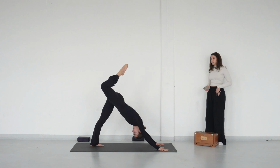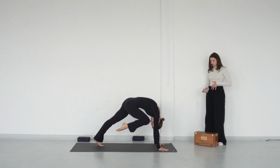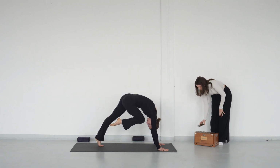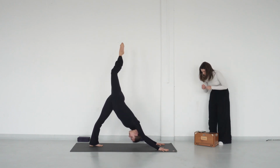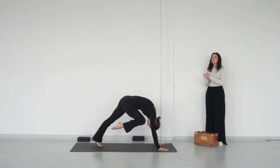After the 3rd one, extend the leg high up, breathe in. Knee to nose, exhale, engage your core. 2 more, breathe in, lift the leg up. Exhale, knee to nose. 1 more time, breathe in, extend. Exhale the knee to the nose, stay here, lift the leg higher and quietly step the foot forward in between